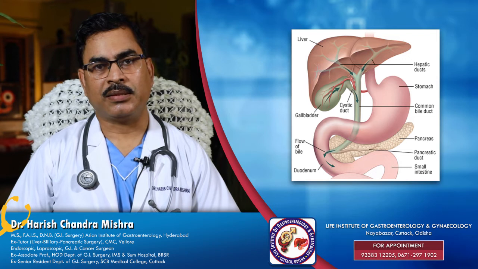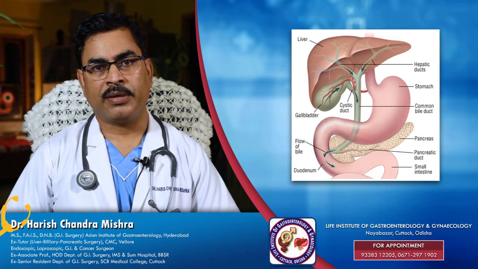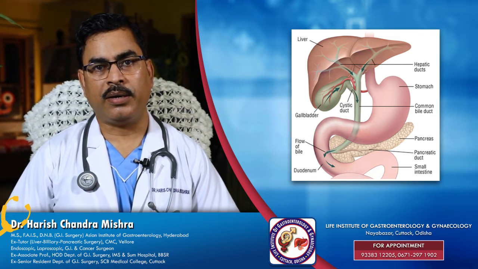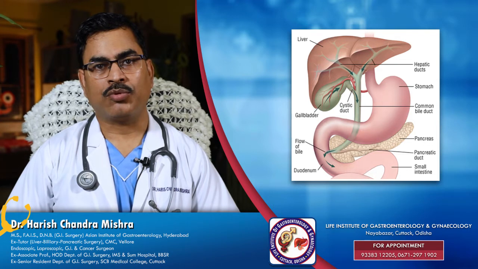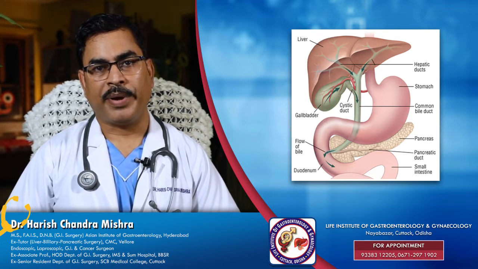Whatever bile is synthesized in the liver comes through the hepatic ducts and joins the gallbladder's cystic duct to form the common bile duct. The bile is passed through the common bile duct and joins with the pancreatic duct at the lower end to form an ampulla, through which bile and pancreatic juice together go to the duodenum and help in digestion